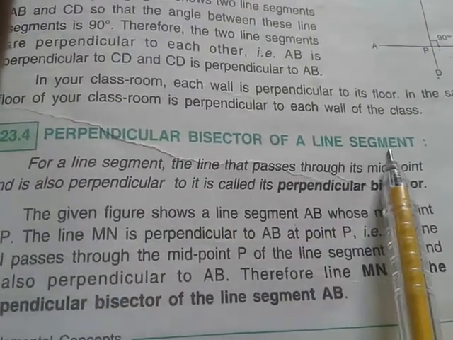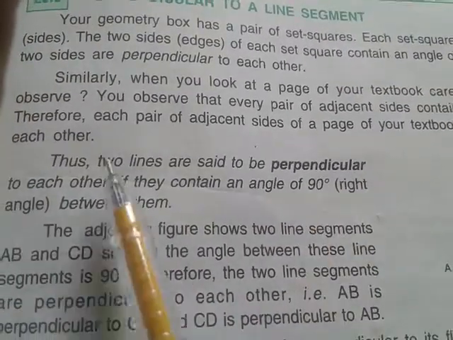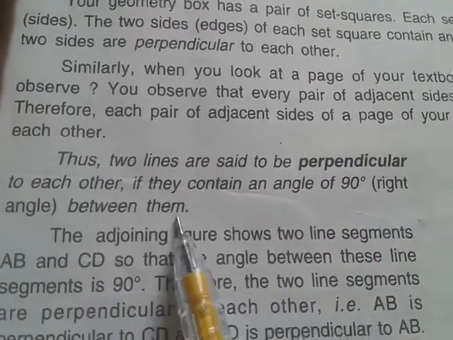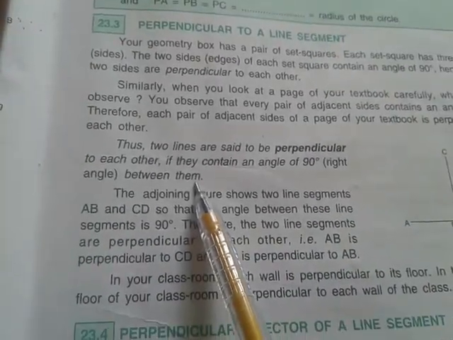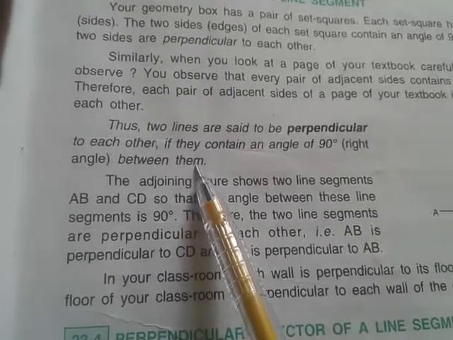Perpendicular bisector of a line segment. Now, you know what perpendicular lines are. Two lines are said to be perpendicular to each other if they contain an angle of 90 degrees between them. So when two lines are intersecting and while intersecting they form a 90 degree angle, we say that these two lines are